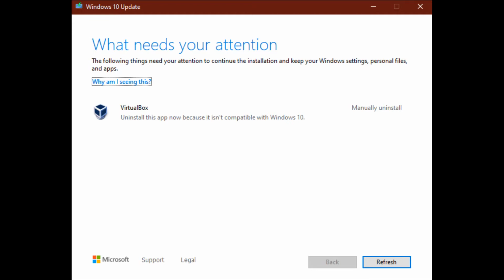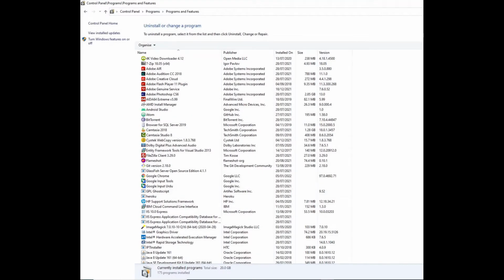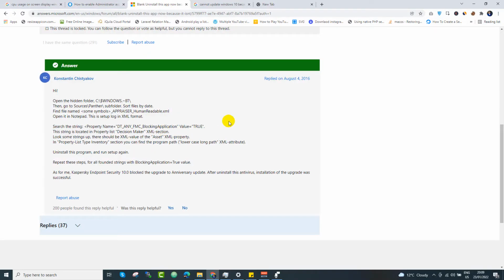So this error says that we need to uninstall this application, but if we go to our application list, we don't see this application listed over there. So now we need to find the root cause of this error. I found a very useful link over here. I will share it in the video description as well. So this states that we need to go to